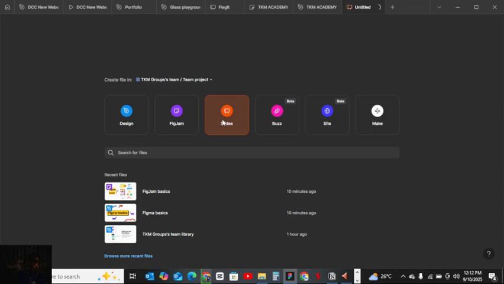So you see, you can pick templates and start creating a slide. That's how it works.